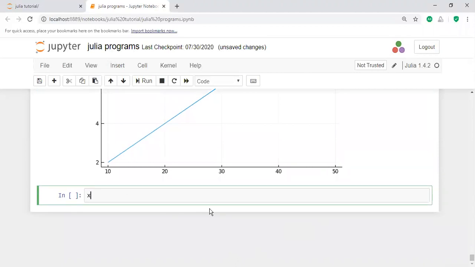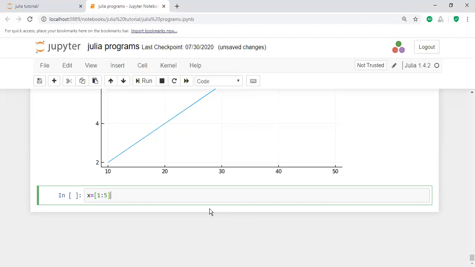For example, x equal to, let us take the x range, 1 to 5. And then the y values.